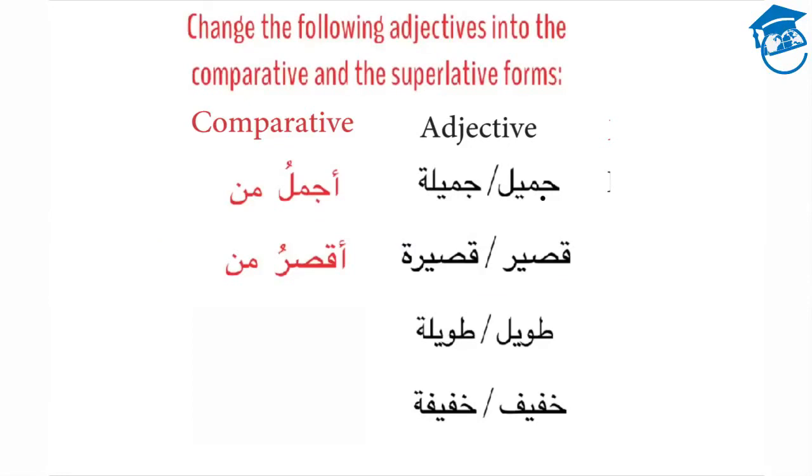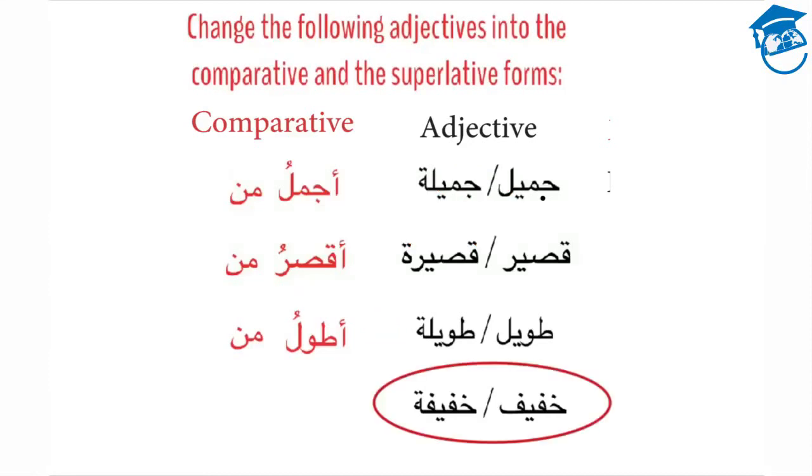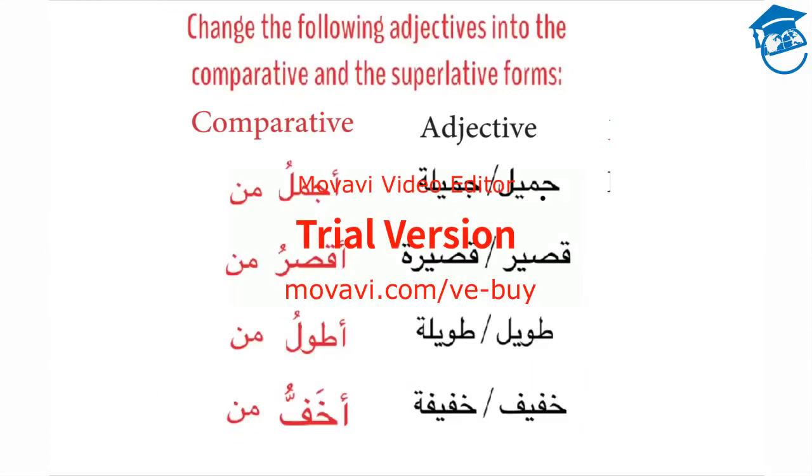In the third example, we have Tawil or Tawila. The comparative form is Atwalu min. Atwalu min, taller than. And finally, for Khafif and Khafifa, we have Akhafu min. Akhafu min. In all of these cases, the first word is just like the superlative, but it's followed by min to make it the